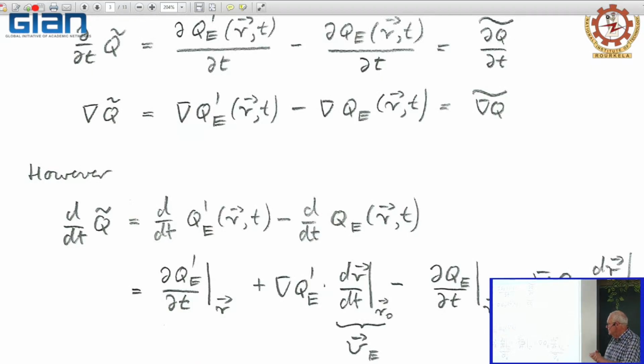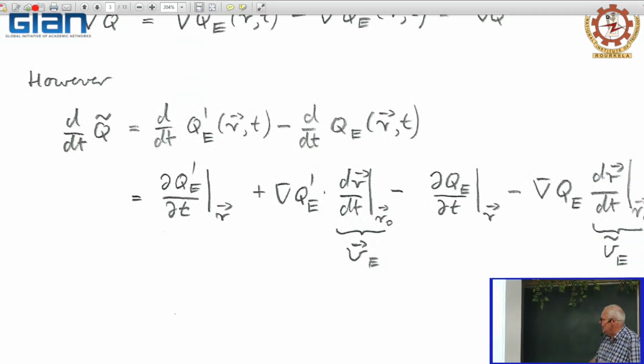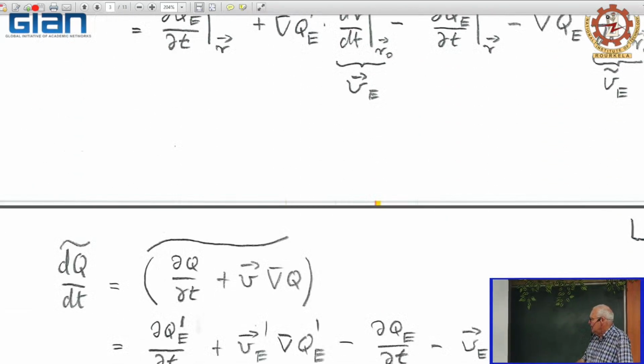So what we did, we simply applied d by dt. The Lagrangian d by dt is d by dt Eulerian plus velocity times the nabla or gradient operator. So this is the result. On the other hand, we can